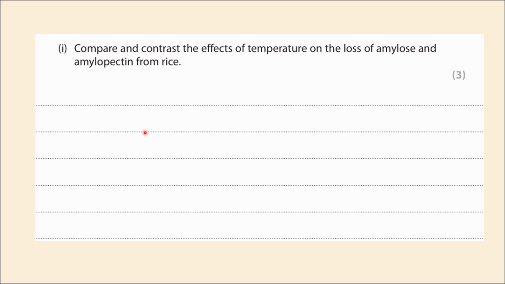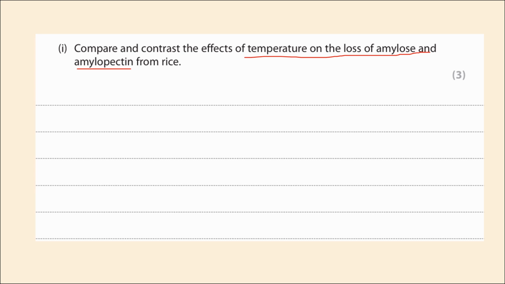Now that we understand the goal is comparing the loss of amylose and amylopectin, we can proceed to analyze the graph directly. This approach allows us to use our time more effectively and gain a clearer understanding